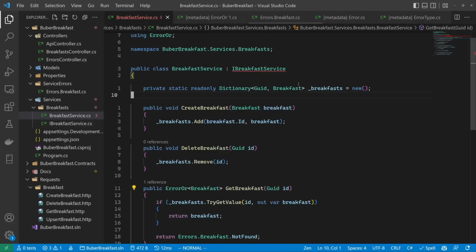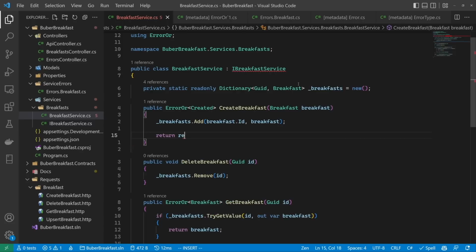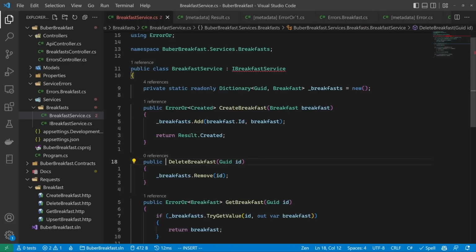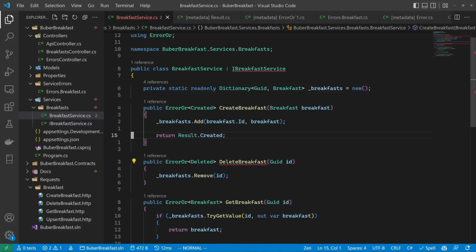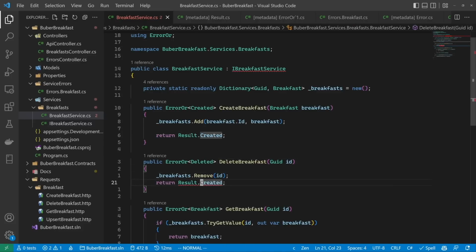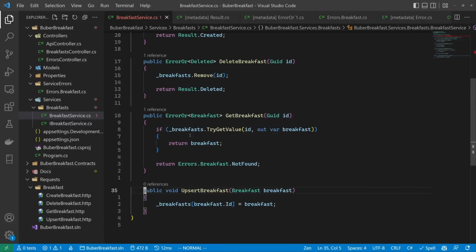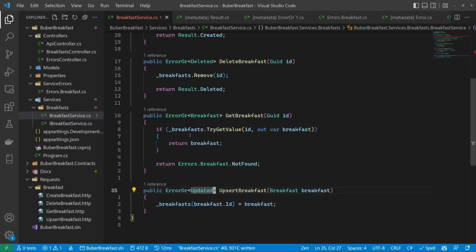Then back in the implementation, let's update this. So this is error or created. This simply returns result.created. Again, this comes from the error or library. In the delete, then it's error or deleted. And let's copy this, paste it in the delete method and change this to deleted. And lastly, we have the upsert. So we have this error or updated. And we can return here